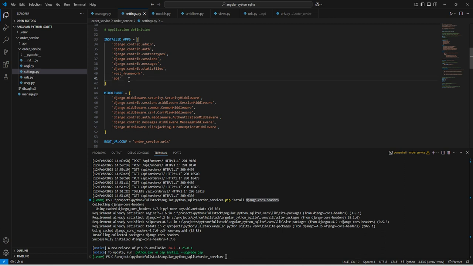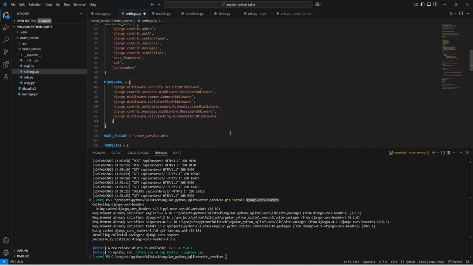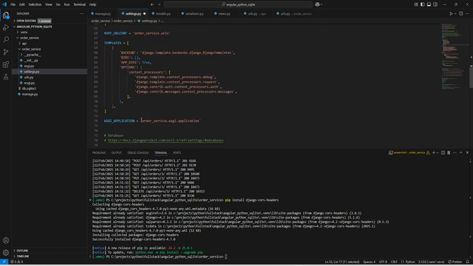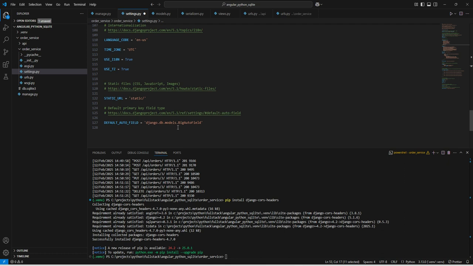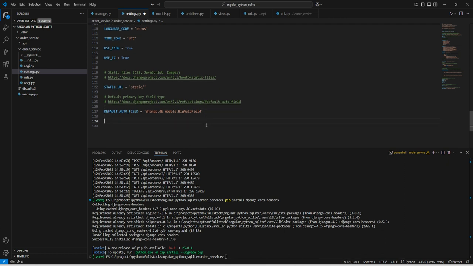Now here we need to do a few more things. We need to add the corsheaders entry inside installed apps. Next, inside middleware we need to add one more entry, corsheaders.middleware.CorsMiddleware. This is the entry we need to add for middleware. And to enable the CORS origin, we need to add CORS allowed